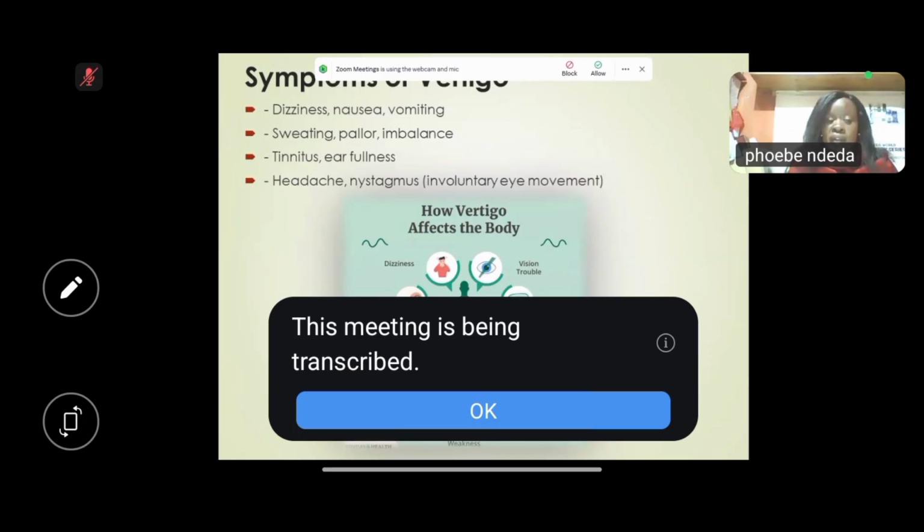In many times, you will have a headache, you will have nystagmus. So nystagmus means an involuntary eye movement, eyes roll. So that is what we call nystagmus, roll uncontrollably. So as you can see on that diagram, it is going to help you understand, and it is put in